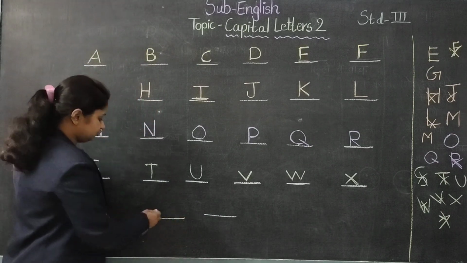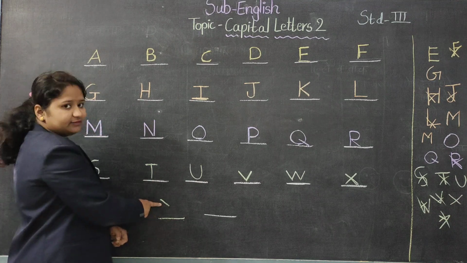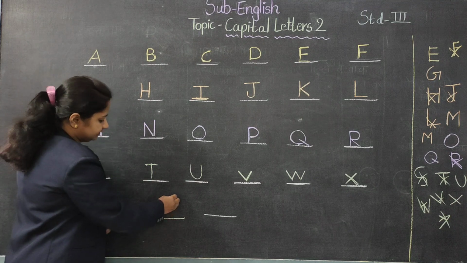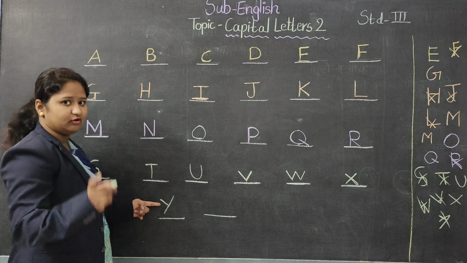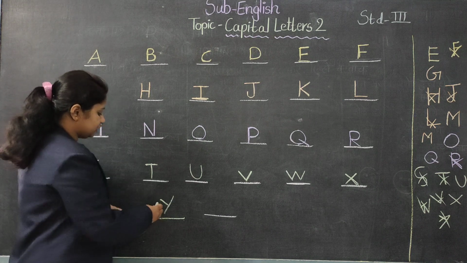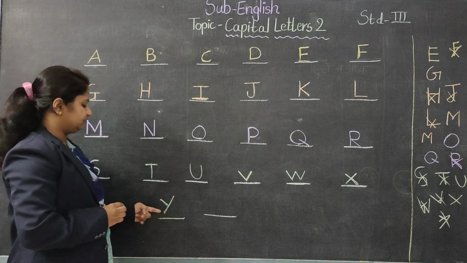First, what do we have to do? We have to make the small slanting line first. Okay, we are done with the small slanting line. Then the second, and we are done with the letter Y. How have we put the strokes? One and then two, and we are done with the letter Y.